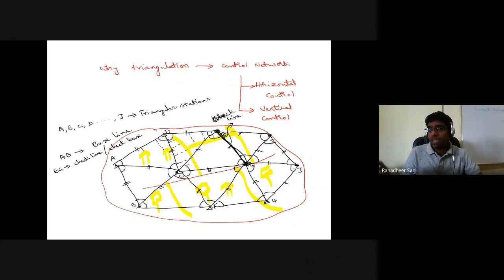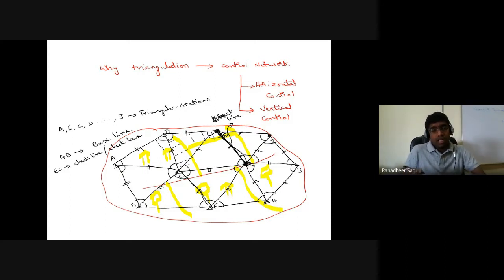In case there is an error in the calculation, you can identify how much that error is, and whether it is affecting the complete control network or is localized only to the particular location where you might have made some mistake in the calculation. So you can choose different check lines. The purpose of those check lines is only to check the accuracy of what you are calculating in the process of preparing your triangulation network, the so-called control network.